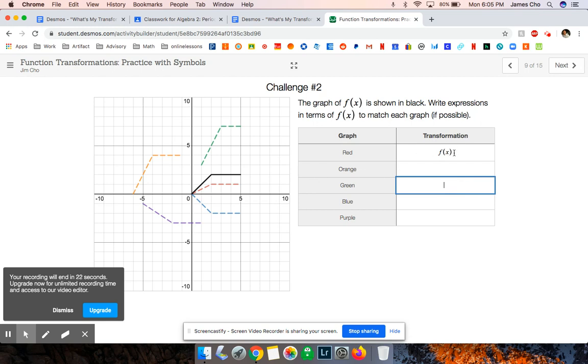Okay, you might also have to change these functions so that they move up or down. So a few of these might ask you to do something like add 2 to it, add 5, right, if we're going to move that one. You might also have to change the function by putting a number with the x, okay? The last thing here is for the blue and purple, put a negative sign to make it reflect over the